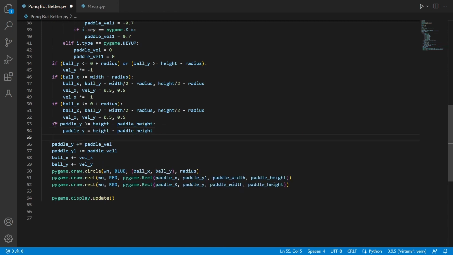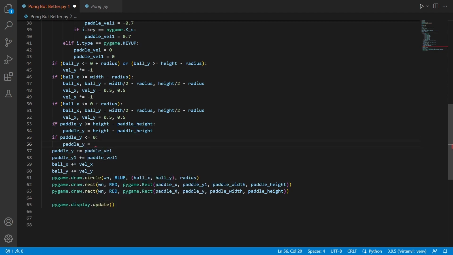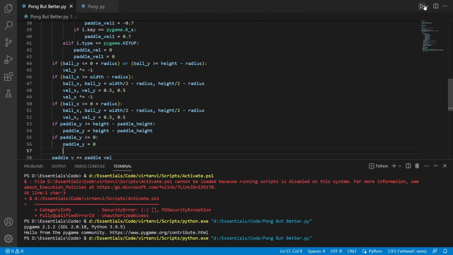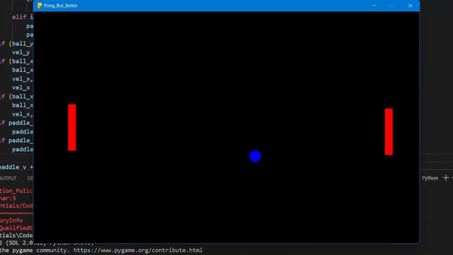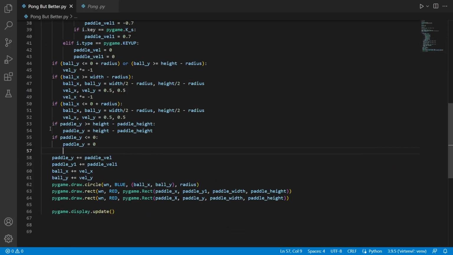And I'm just going to do this for the top coordinate as well. So if paddle's y coordinate is less than or equal to 0, then keep it at 0, like this. So now the right hand side paddle shouldn't go off the screen when we try to move it down or upwards, like this. It has a cap, and it has a cap here as well. Nice. So I'm going to just copy these two lines